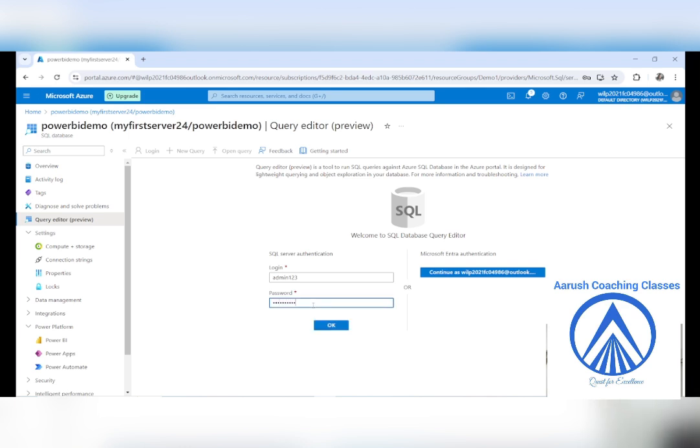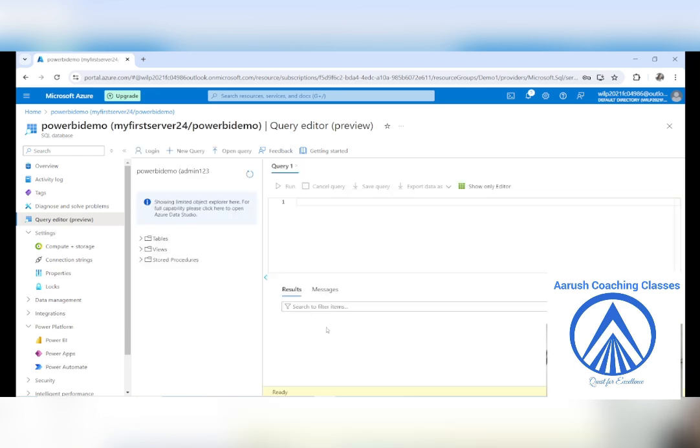Whatever password you have chosen, please make sure that you use that password. Click on OK. Once you give the authentication, the SQL database query editor will open. Wow. Can you see? This is the query editor which is right in front of you.